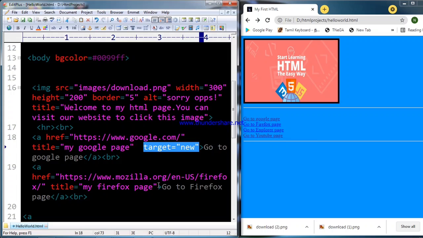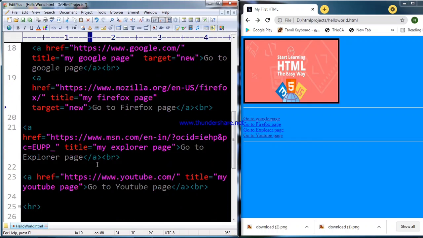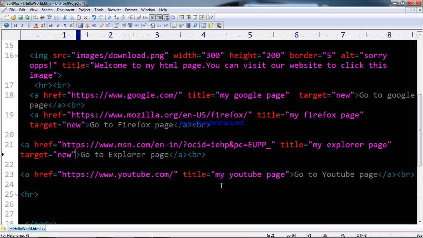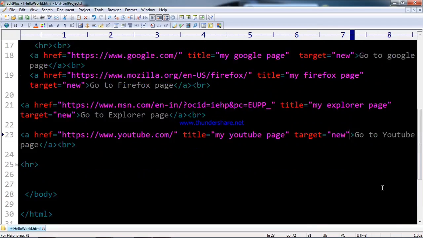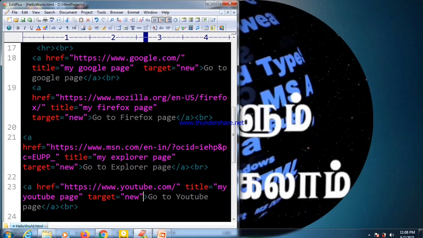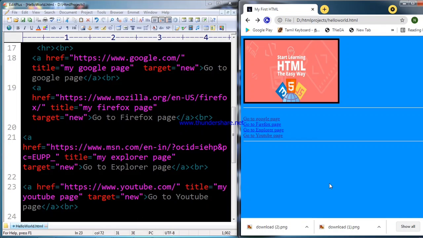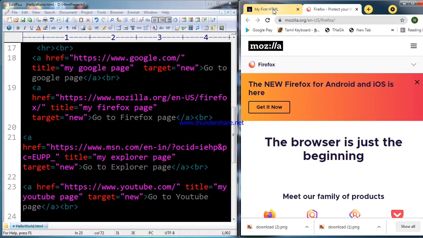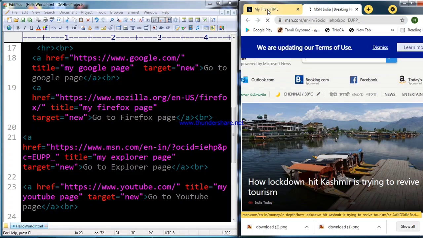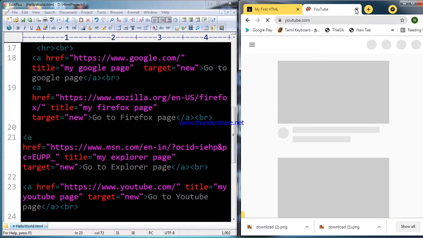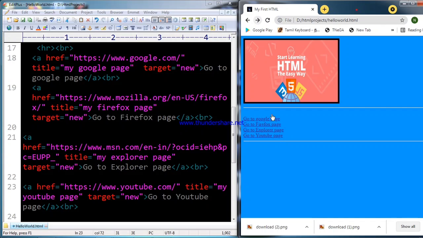That's why I introduced the target attribute. Let's see what happens when you give the target attribute. It's always opening in a new HTML page.